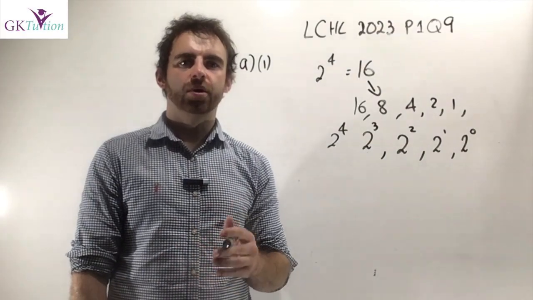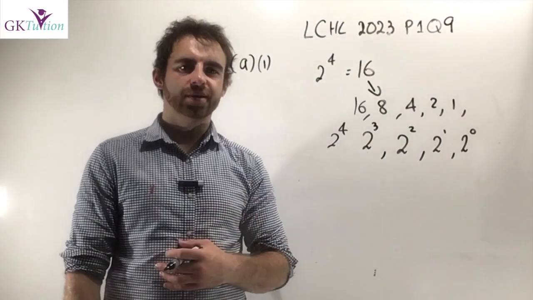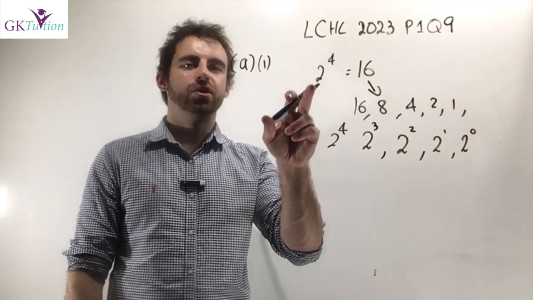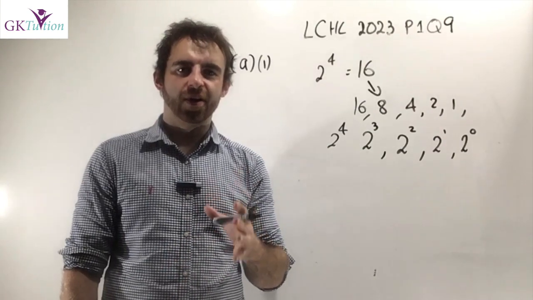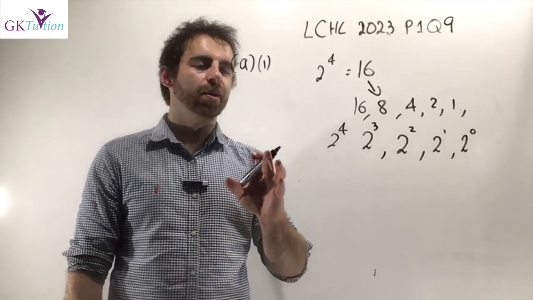In this tutorial, we're looking at 2023 Paper 1 Question 9. The first few parts of this question are just about factors. We start off with 2 to the power 4. We're told that it has 5 factors. We're asked to work out all of those factors, and we're asked to write them in the form of 2